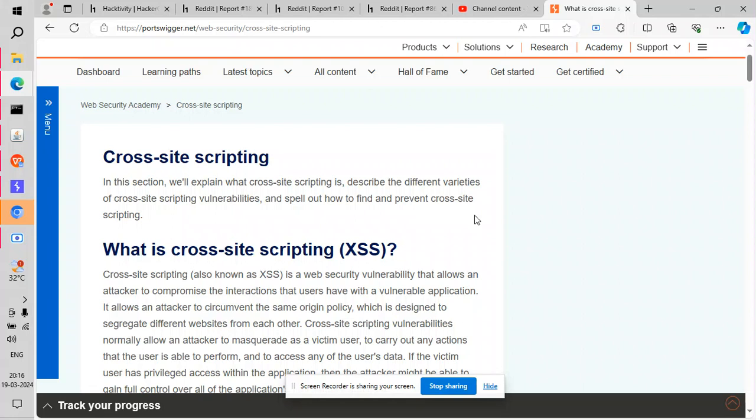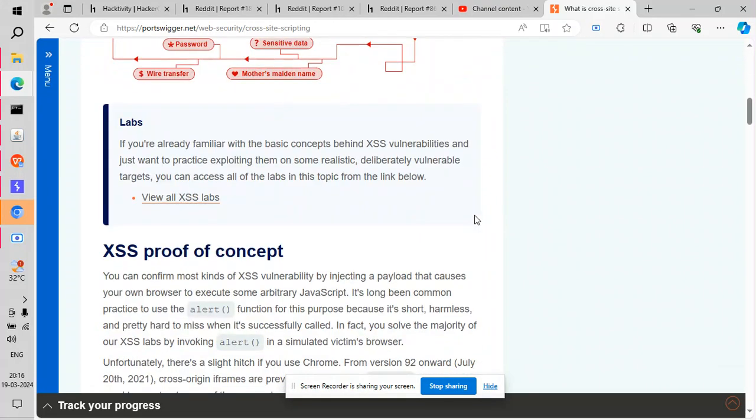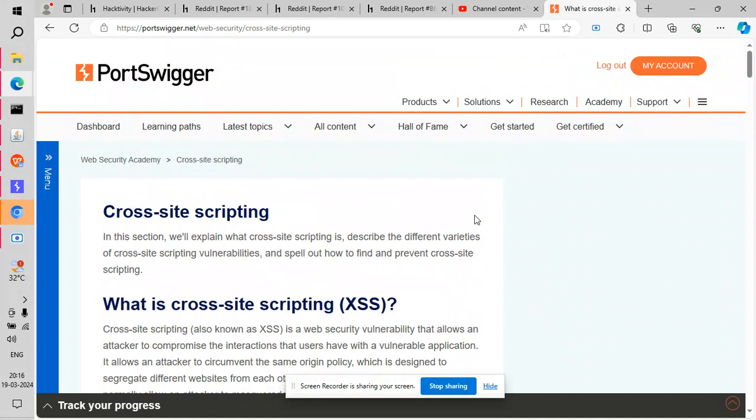Hello. So in the last video, we discussed how to write a bug bounty hunting report and how to submit it in HackerOne and also by mail, right? So today we are going to discuss cross-site scripting. This is the lab for cross-site scripting in PortSwigger. You can check this thing. We will do a practical session in this, and also we will explain real bug bounty reports based